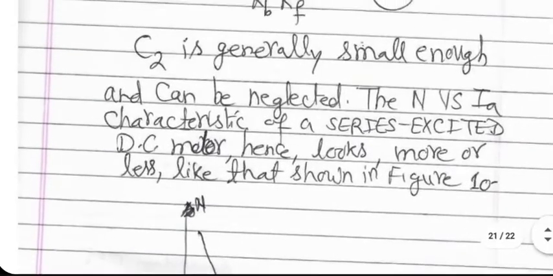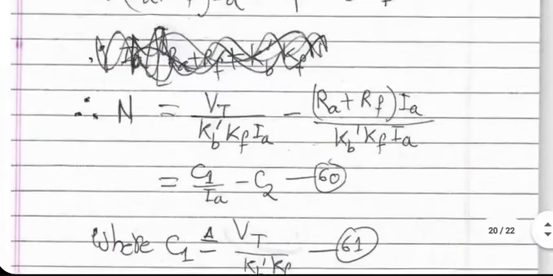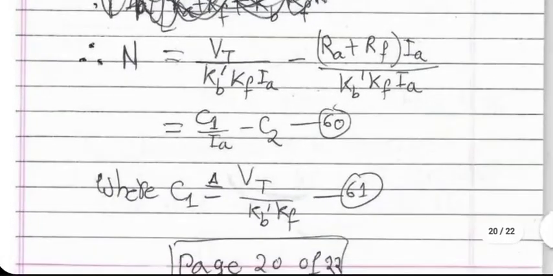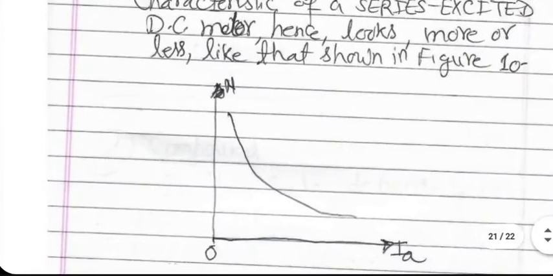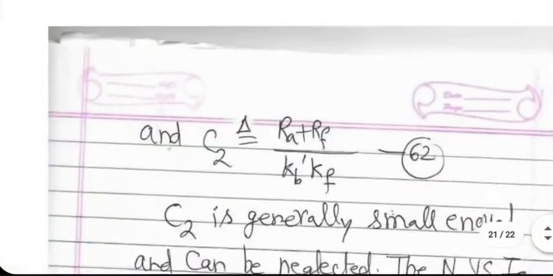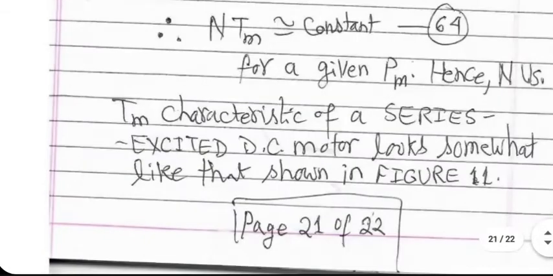These are approximate findings. Okay, the reality will depend on exact values of constants, etc. The large amount of armature currents will seriously reduce the speed of the motor. We saw that previously also, and we are seeing that again using mathematical analysis. Okay, so I think we are almost done with this talk.